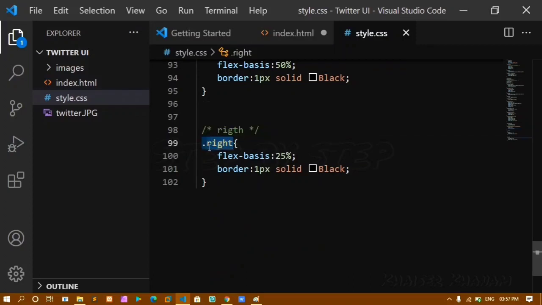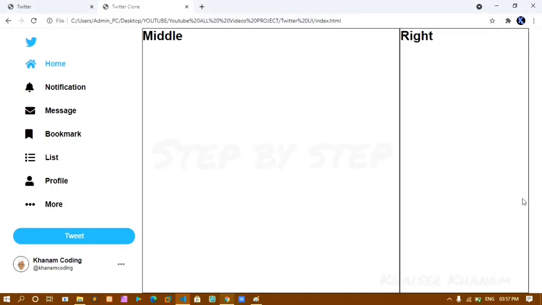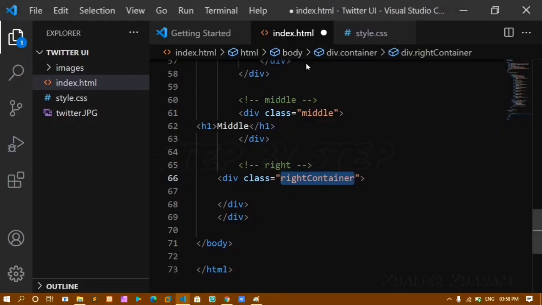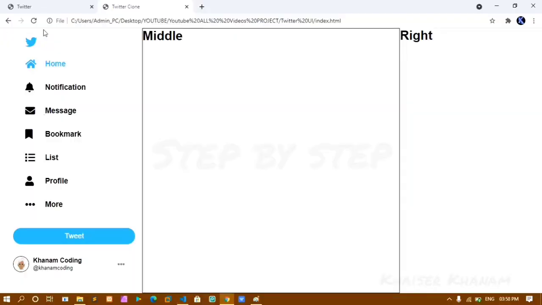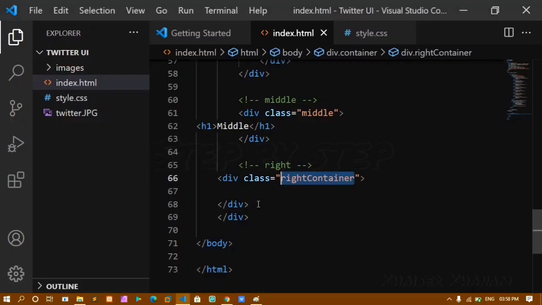I'll remove this and paste my class here, so that my flex basis is 25% and the border what you can see here. Okay, this is the border. I'll refresh this. Now the border has gone. I'll save this one and refresh. You can see my text has gone and I have this border.